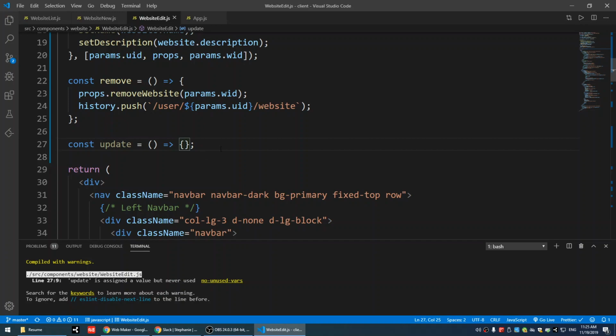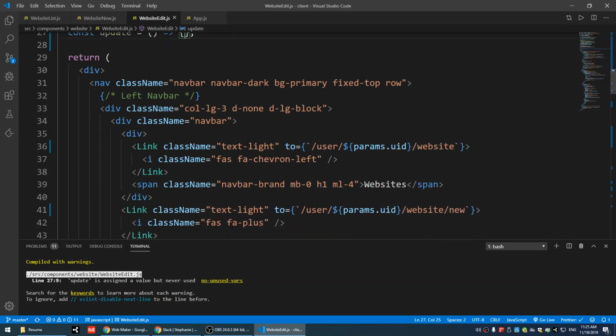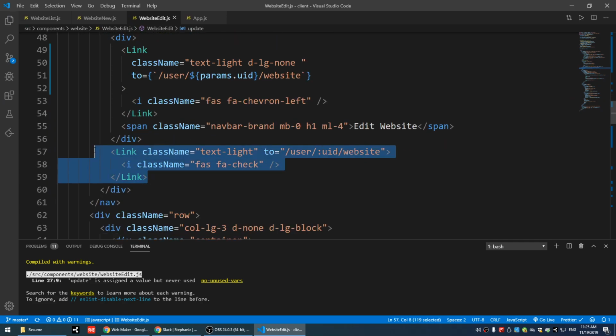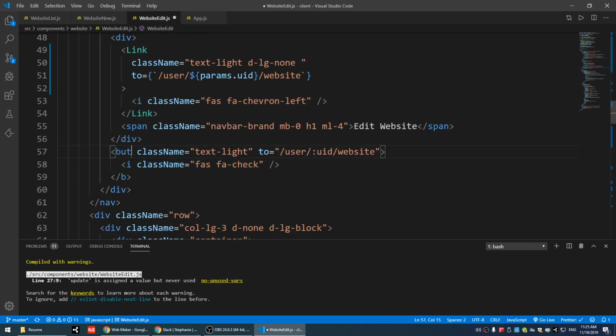So let's bind it. We're gonna look for the check button. It's right here, FA check. All right, so change that to button. And for the class name I'm gonna add in btn to make it look better, and remove the 2